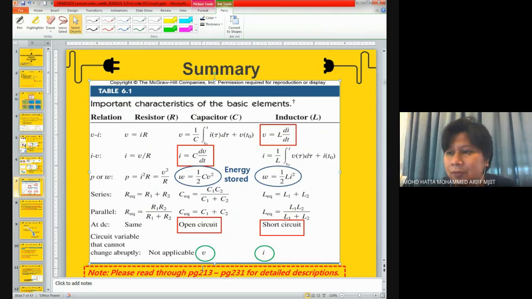In other words, if you have a variable in the circuit that cannot be changed instantly or abruptly. For a capacitor, voltage cannot change abruptly. However, for an inductor, current cannot change abruptly. It will follow